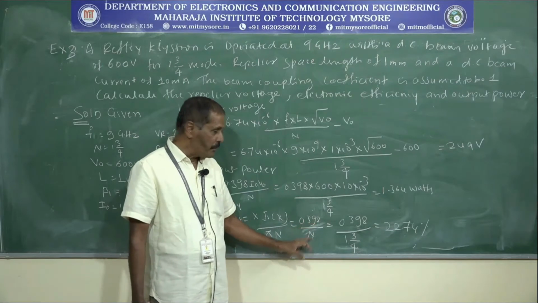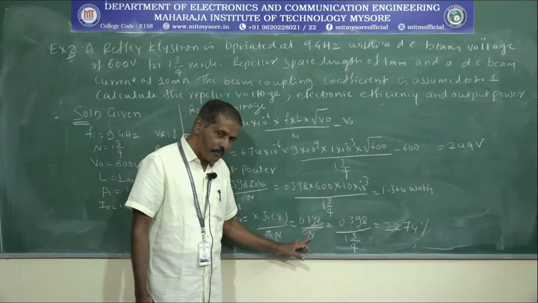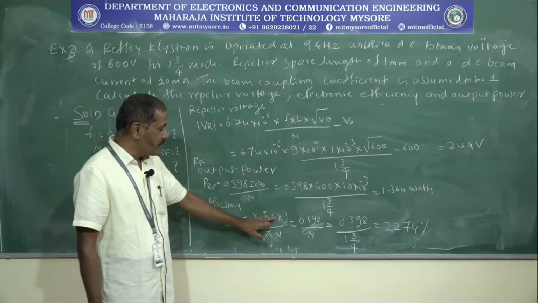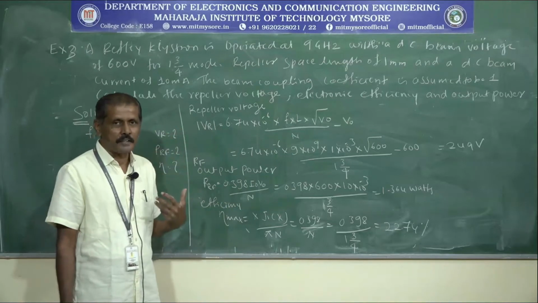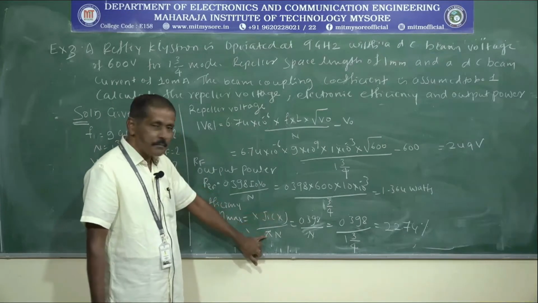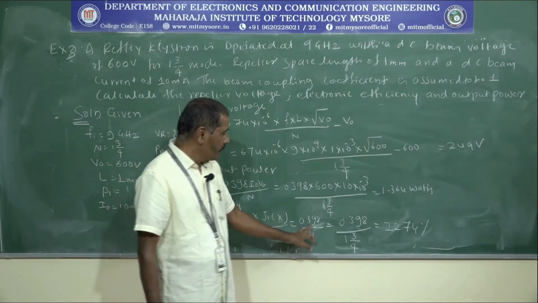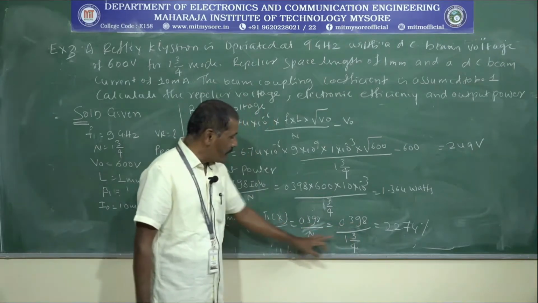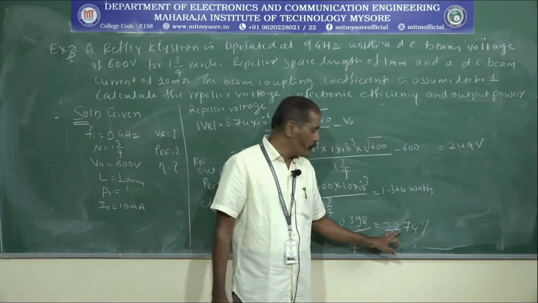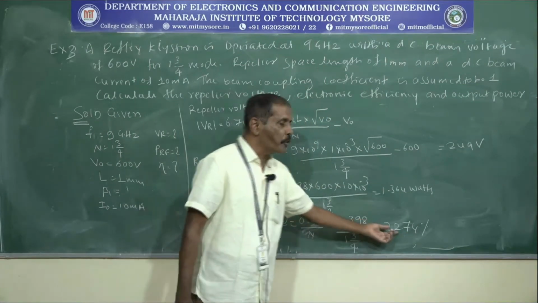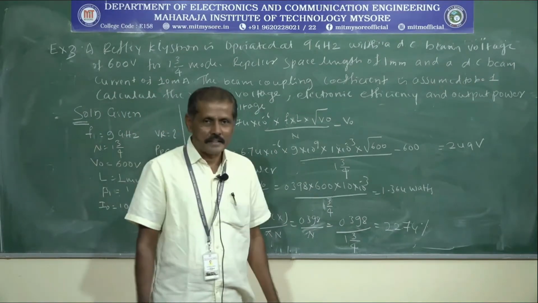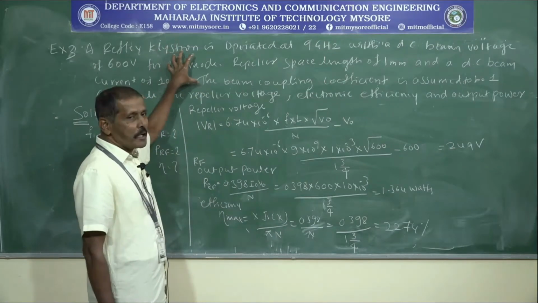That means this 0.398 you are getting in this particular case is for a particular value of x, and the J1 of x value is taken from the Bessel's function table. From the Bessel's functions table, if you substitute it and divide 0.398 by n, where n in the given problem is given as 13 by 4, I am going to get 22.74. So this 22.74 is the efficiency of this reflex klystron corresponding to the parameters given in the problem.